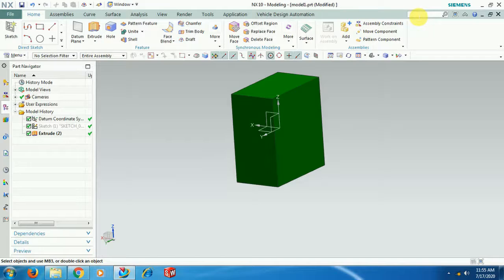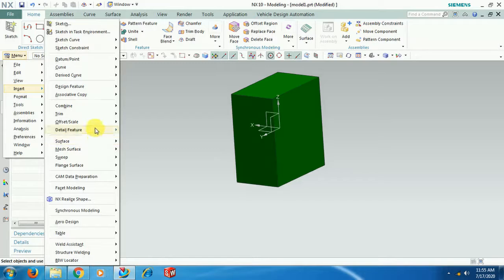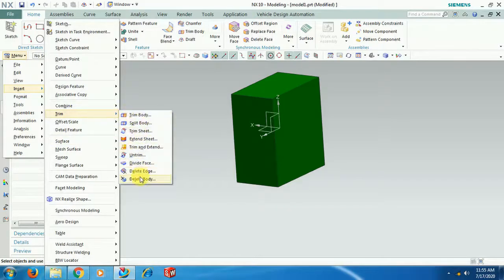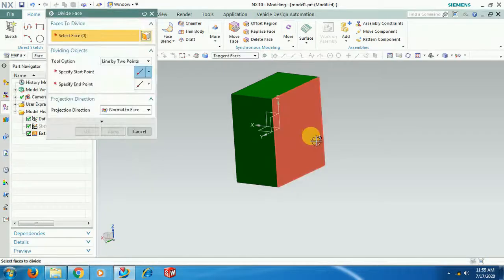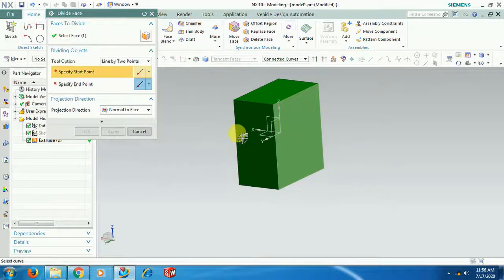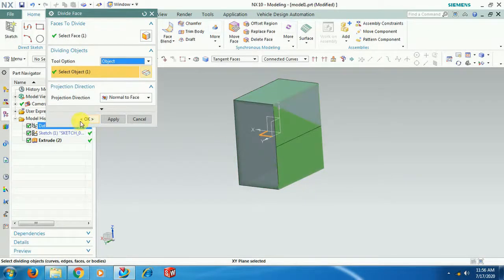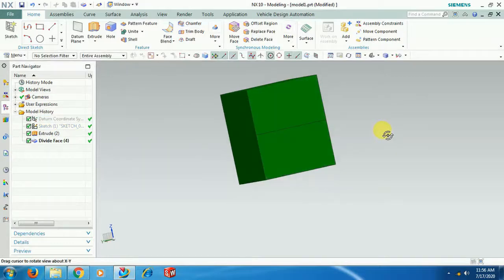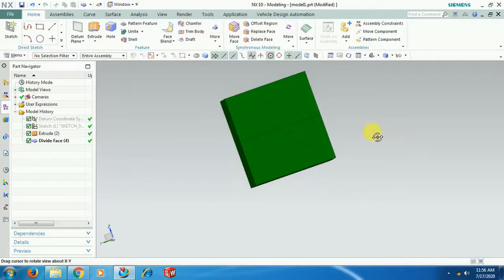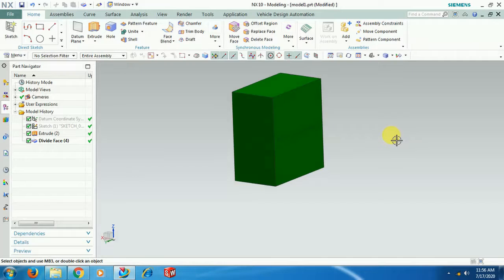You can write here, then it will show. Insert, trim, divide face. I select this face. Dividing objects, as we have a plane at the middle, I select this plane. Now exactly at the center it is divided, and you can see the edge at the center.